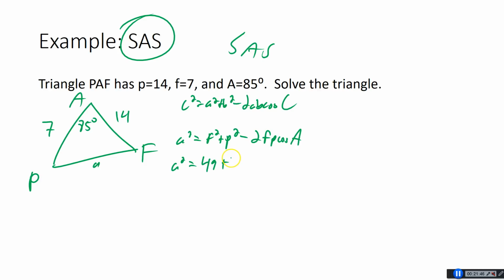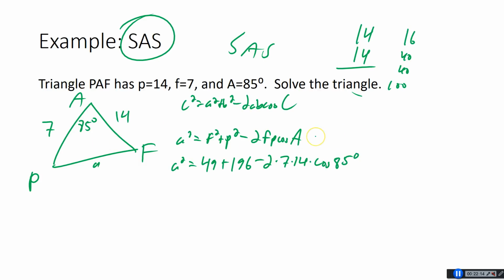14 times 10 is 140. Oh, this is terrible. My goodness. Brain's not working. Too late at night. 4 times 4 is 16. Definitely not 98. What am I thinking? 10 times 4, so we have 2 40s, and then we have 100. 196. Goodness. Okay. And then minus 2 times 7 times 14 times the cosine of angle A, which is 85